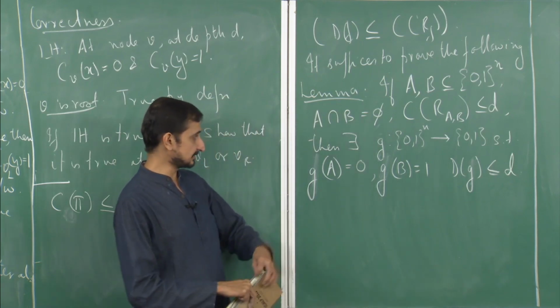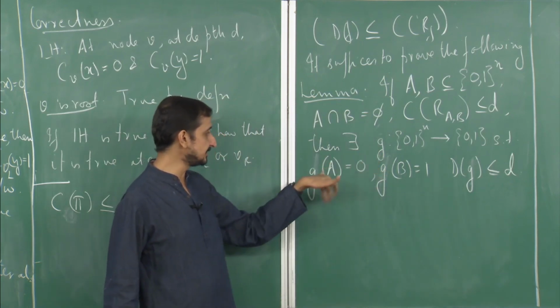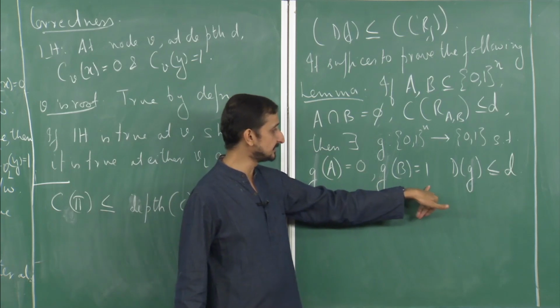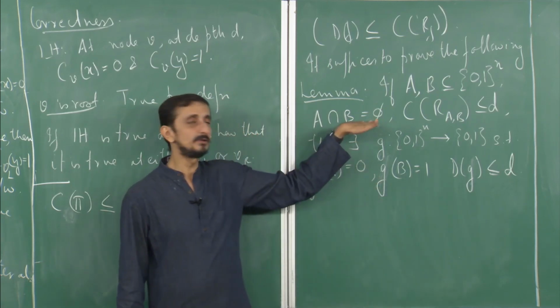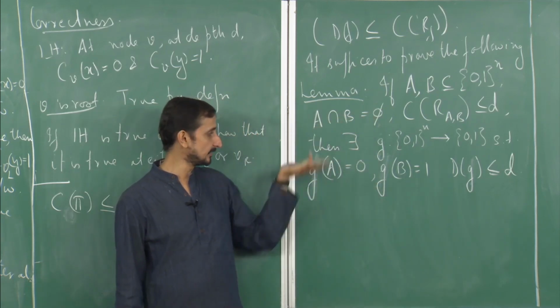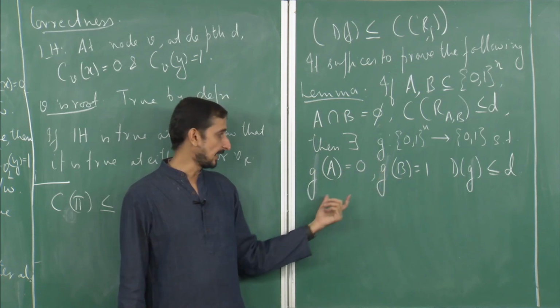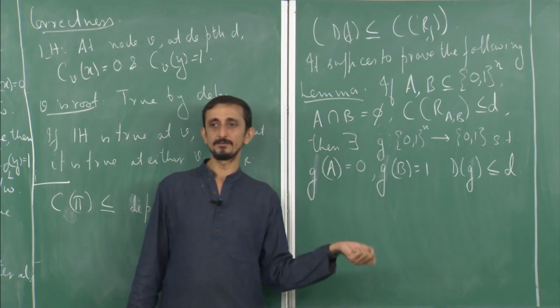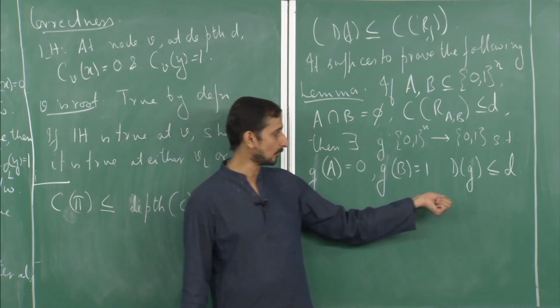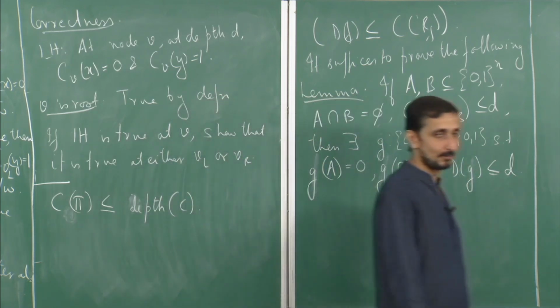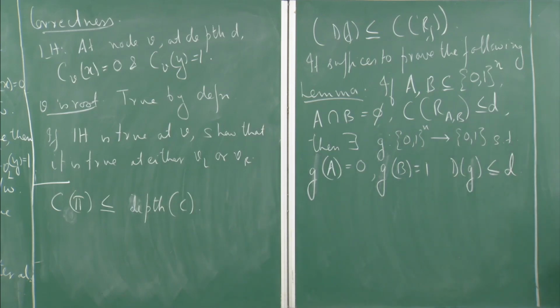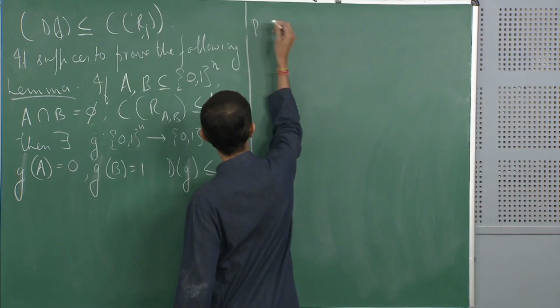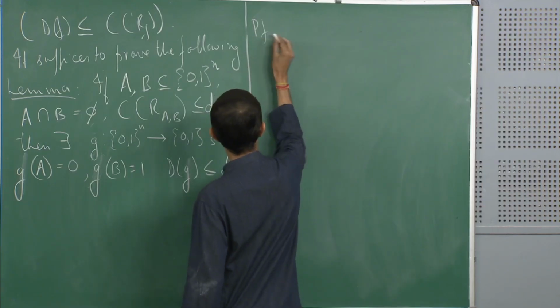So, if there exists a g such that g of a is 0 and g of b is 0, it is actually matching with f. We know that f of a is 0 and f of b is 0, and g of a is 0 and g of b is 0 implies that f is equal to g. So, therefore, what we get is that d of f is also bounded by d. Okay. So, therefore, proving this lemma would prove the result for us. Now let us look at the proof of this lemma, and that would complete